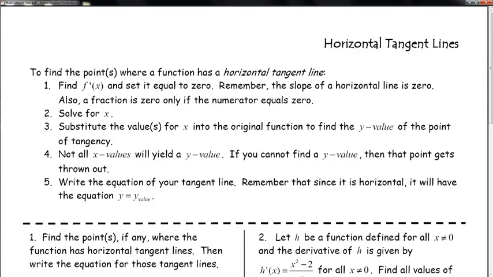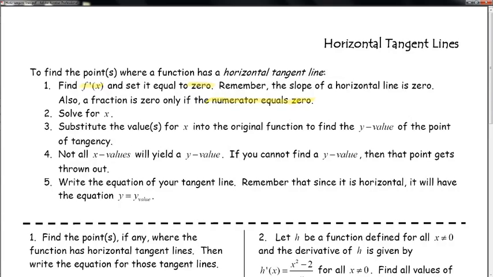Alright, we're going to talk about finding the horizontal tangent lines. To find a point where a function has a horizontal tangent line, first you need to find the derivative. And then once you've done that, you want to set it equal to 0. Remember, the slope of a horizontal line is 0. And please only set the numerator equal to 0 and not the denominator. If you set the denominator equal to 0, we're talking about a vertical asymptote, not where the derivative is equal